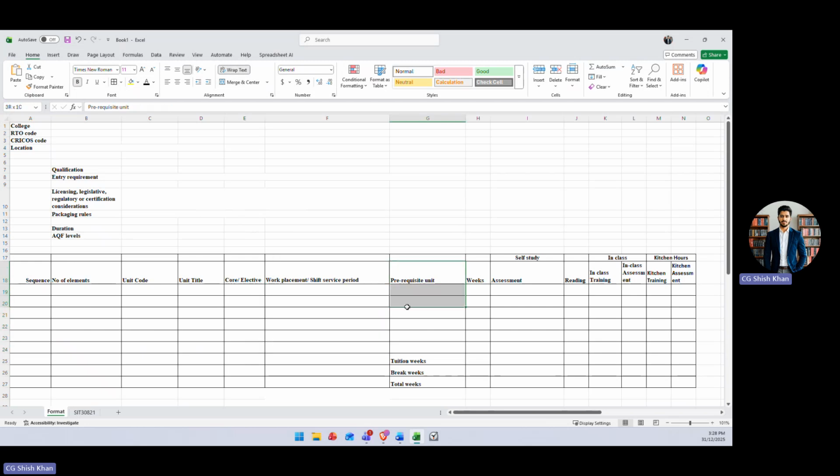Then we mention the prerequisite units. Now, what is a prerequisite unit? In simple terms, it is a unit a student must complete before the student is allowed to start another unit. Okay. For example,